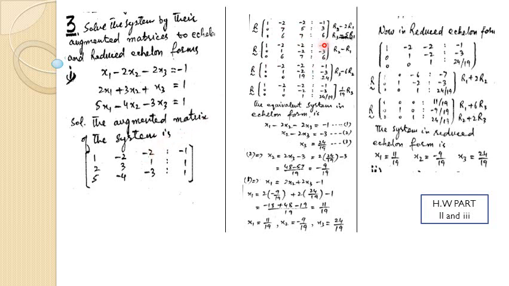Why? Because we apply the operation on row 2 and row 3. So first we write the row on which we have to apply the operation. Okay, so row 2 row 3 में apply किया तो row 2 row 3 change हो गई, and row 1 is same. Okay, now this is the new matrix.